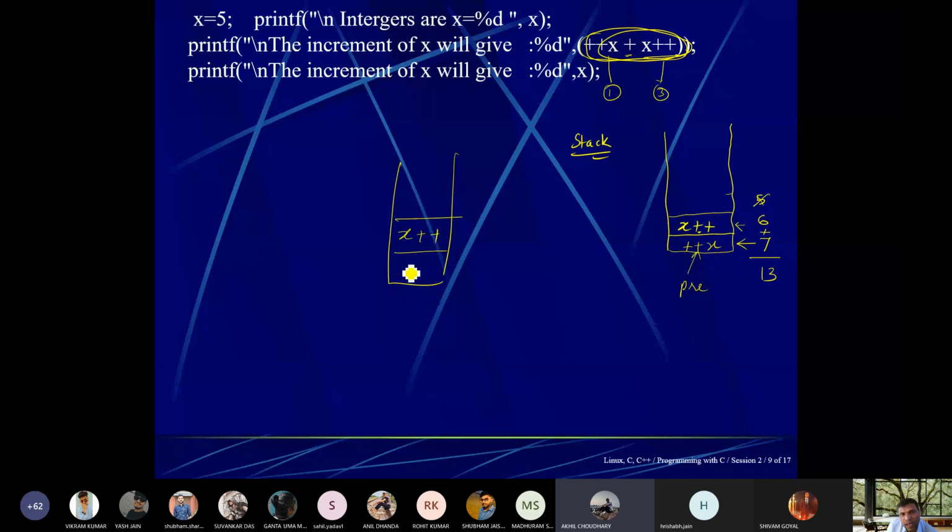5 plus 6 was coming, I am showing you. x plus and another x plus. Okay, so x plus will give you, yes, here some compilation problem is there. So this is problematic. It must be 6 followed by 6. 6 plus 6 is 12. 12 must be our answer, but the answer will be 11. Okay, this is the problem now.